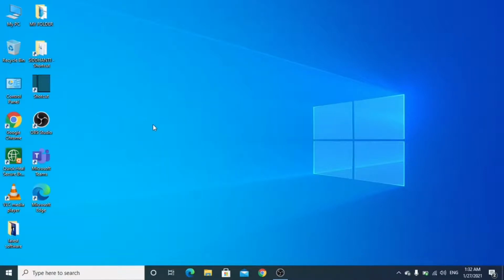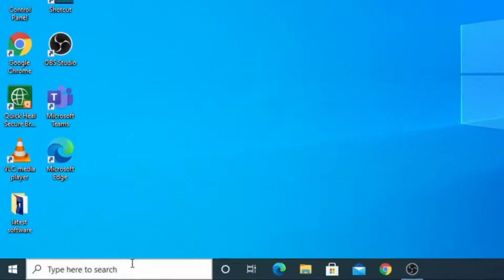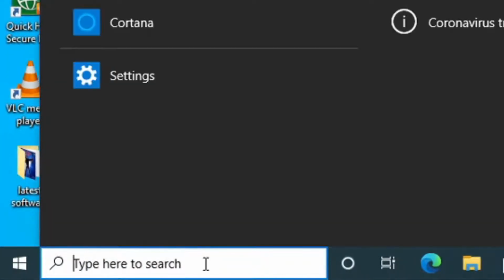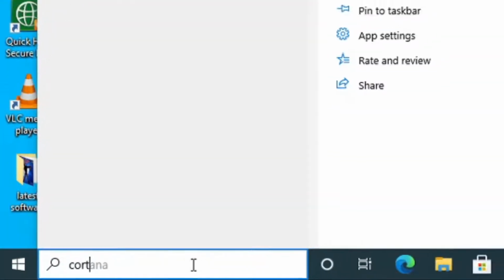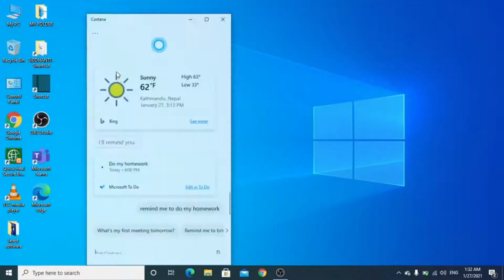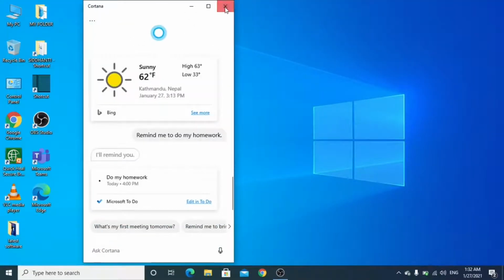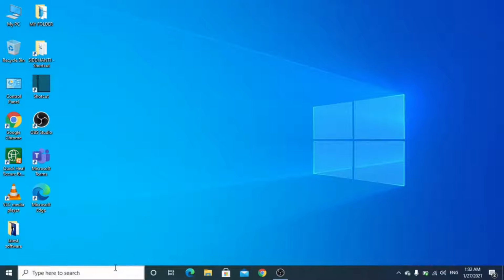In order to open the Cortana app, you can go to the search panel, type Cortana there, and just click it. It pops up. In Windows 10, by default, the Cortana symbol, this type of circle, is kept on your taskbar.